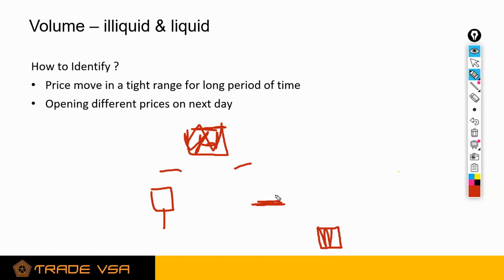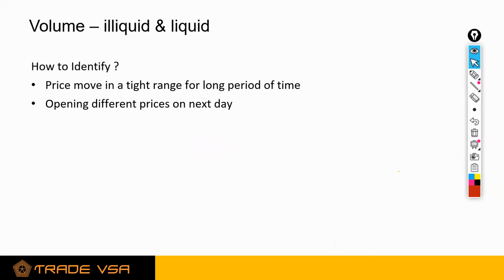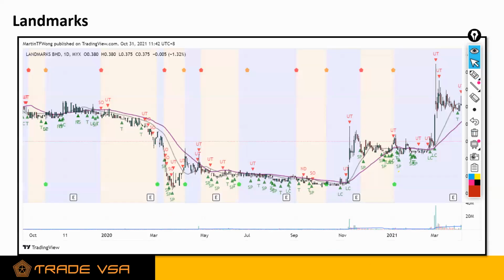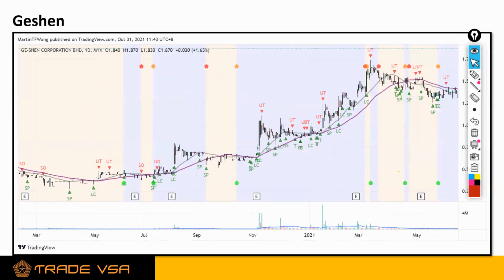So the opening and closing is always a bit different. This is one of the ways you want to identify it as well, which means that overall they don't have a nice and clear